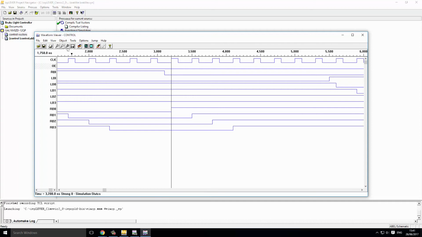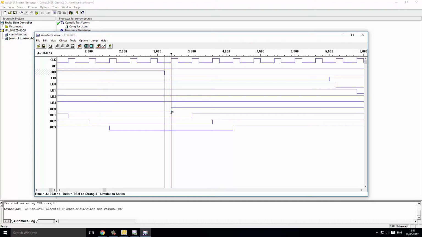Or alternatively, you can also put a marker on. There's two options with this button here or on the top line here under Object. Just use the button here. We can place a marker there, and then down here we will get a measurement of the difference between the marker and our query cursor. So there's 95 nanoseconds in this case between the right break indicator going low and the right break state machine